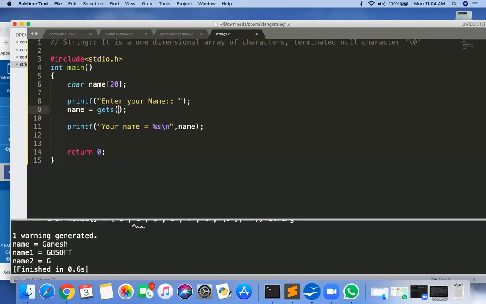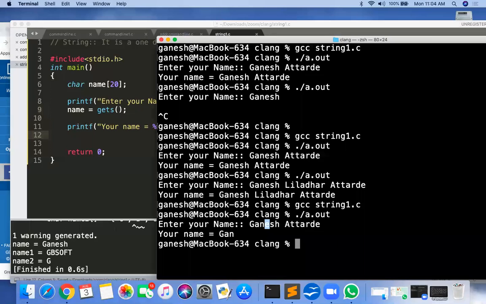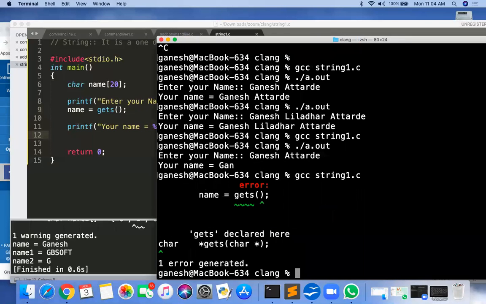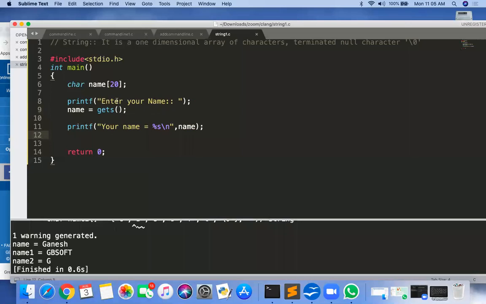Name is equal to gets. Just try to check whether it works in Linux or not. Yeah, it does not work. Okay, actually this gets works in Turbo C only. It does not work in your Linux. So I'm not going to take this gets here.